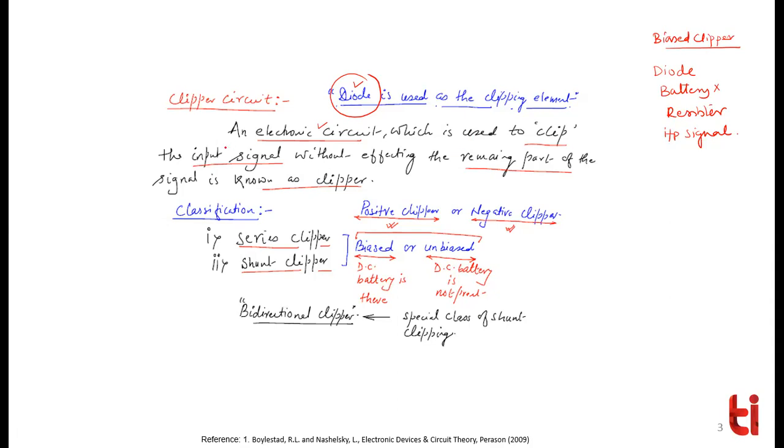It is used to clip the input signal. Let's say you have an input signal, a sinusoidal wave. In the half wave rectifier you have studied that the diode peak inverse voltage should be greater than or equal to Vm. Now let's say the diode peak inverse voltage is minus 20 volt, and our wave is going from minus 52 to plus 52 and back to minus 50.